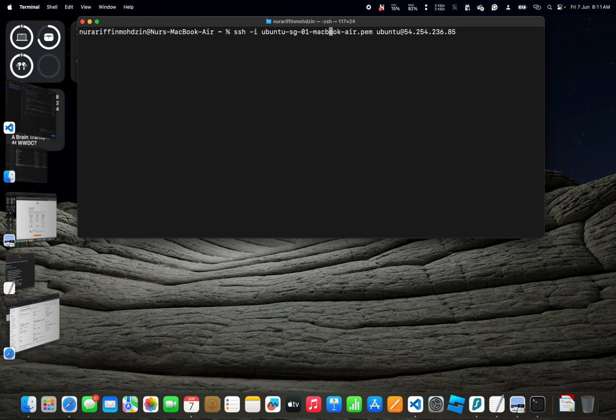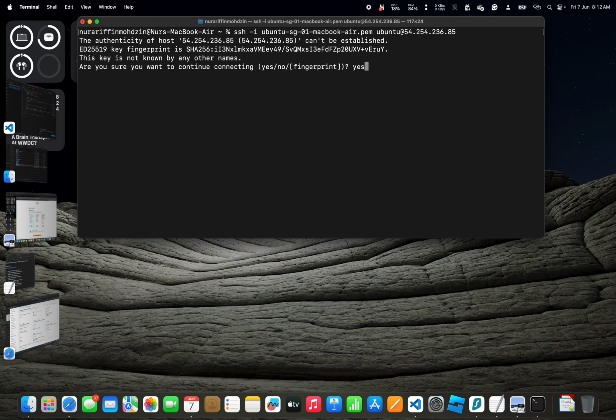For Windows users, you need to make sure that this .pem file is accessible. Let's say you put it in the downloads folder, so you need to write the actual path directing to that folder, for example C:\downloads, and then you need to enclose it with double quotes too. The one that I did just now is I just copied this file to my home folder, so it is accessible without me having to put the actual path. So I just click enter